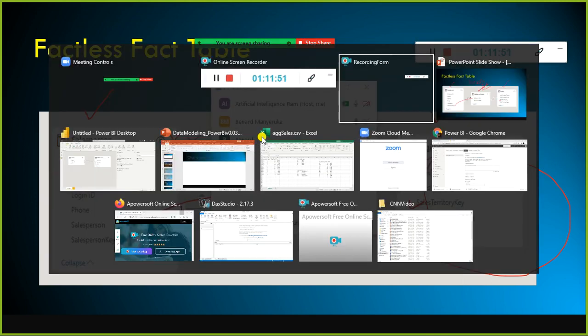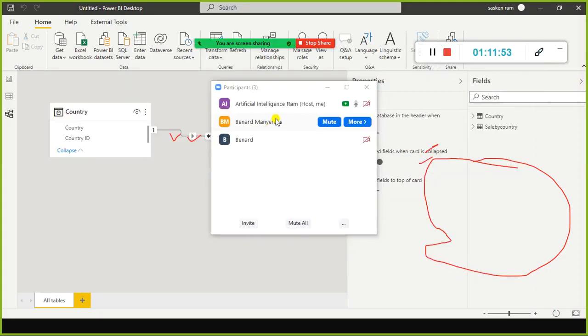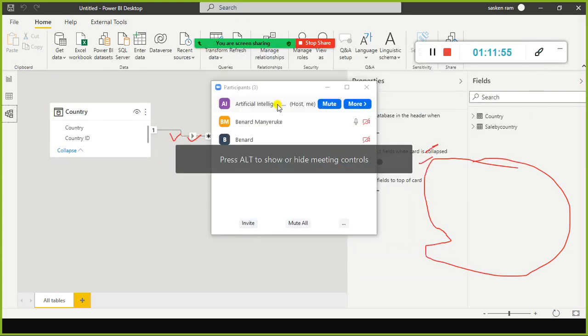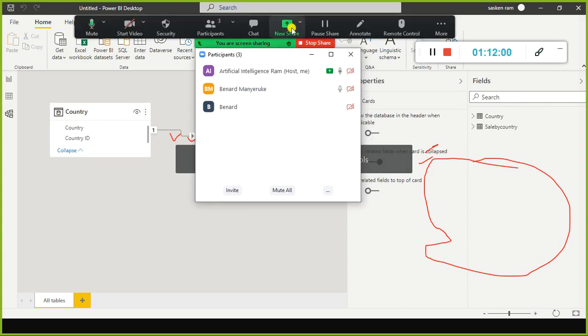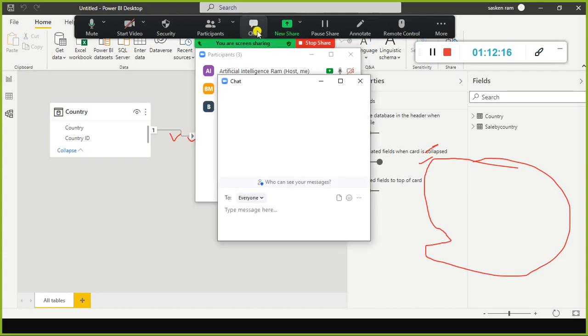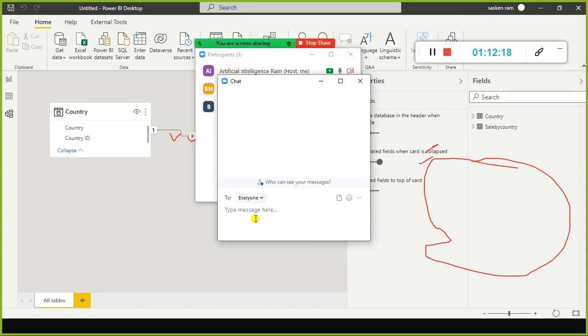Sure, I will send you a WhatsApp message. Can you text it now? You have my number, isn't it? I have your number. Let me just text you right away. Okay, I've texted you. Or in the chat window, why don't you type it there, so that I can note it down?